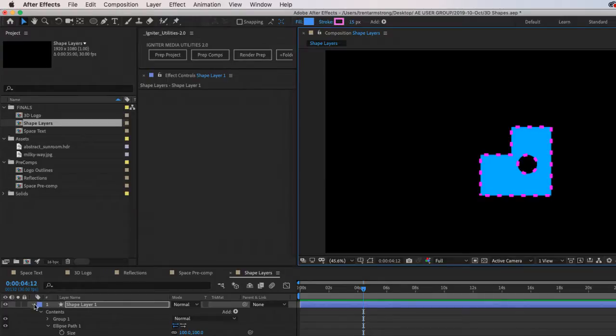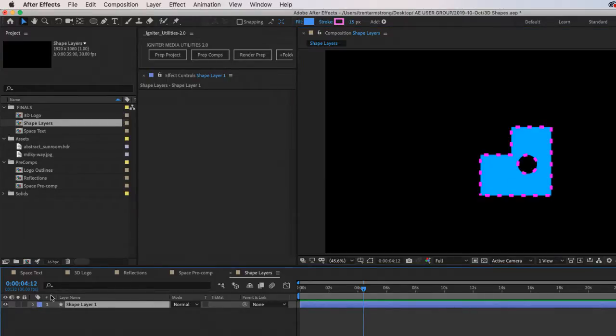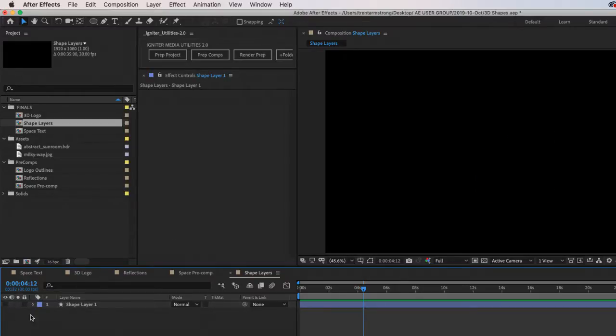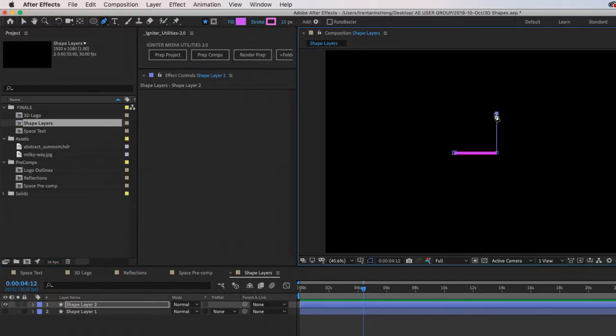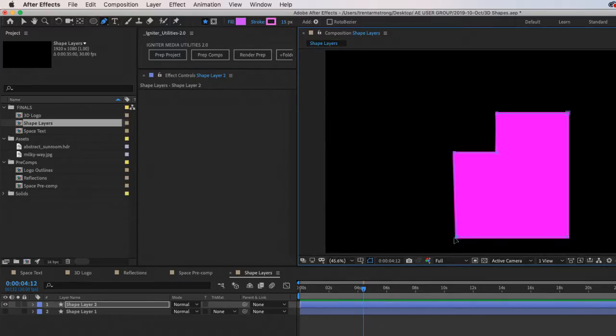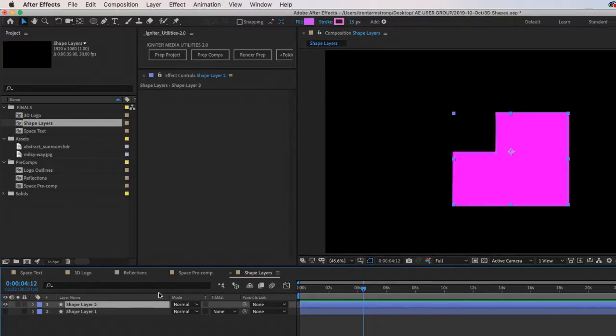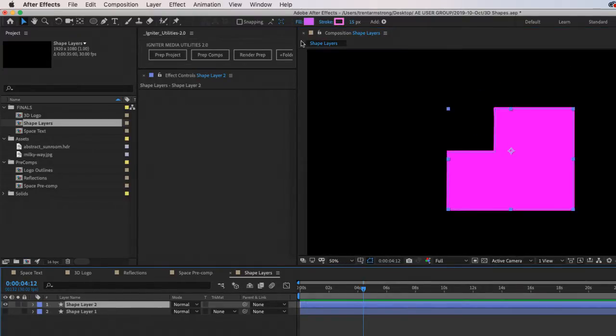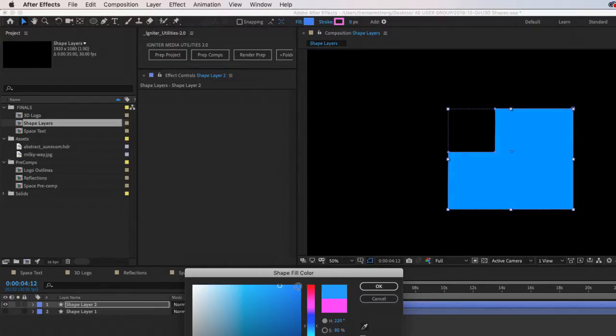Okay, so if I were going to try and recreate this with the stroke with that method, let's just see how easy it would be. So I'm just going to do a rough look at how that might be. Like that. And get rid of that stroke. I'll make it blue.